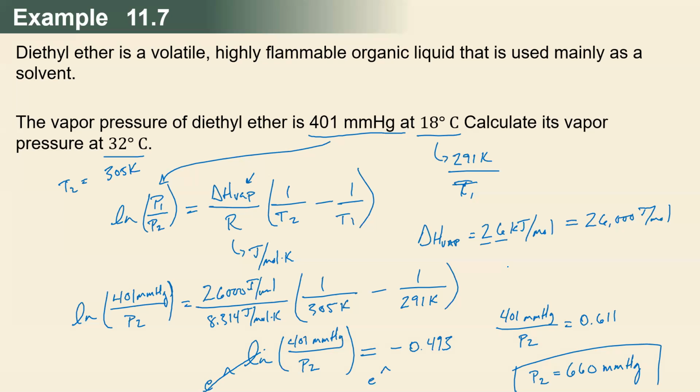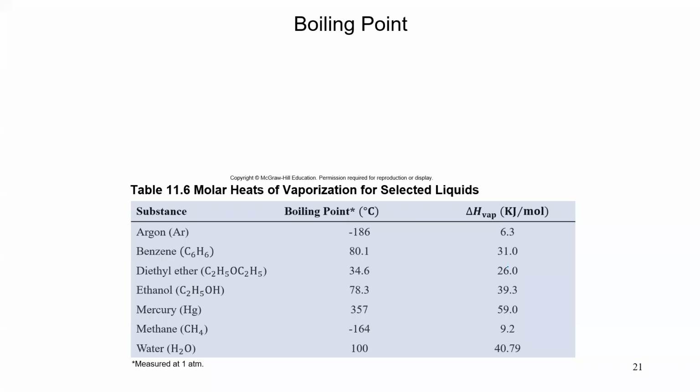Okay, that's the Clausius-Clapeyron equation. We solved it for pressure. We could just as easily have solved it for T2 if we knew P2, or if we didn't know delta H, but we knew temperatures and pressures, we could solve for delta H as well. Okay. All right, so we talked about